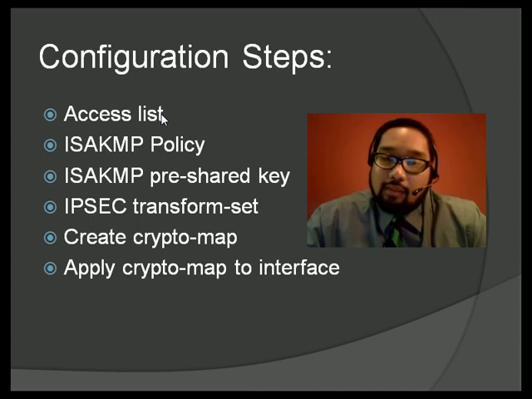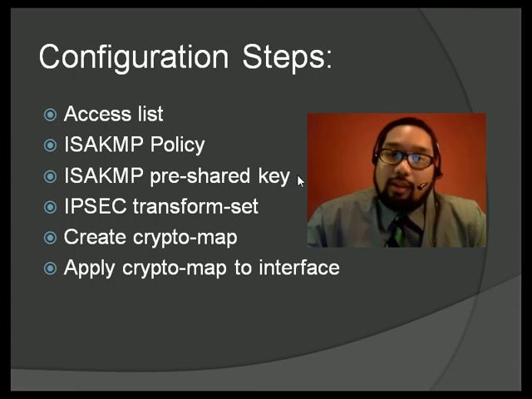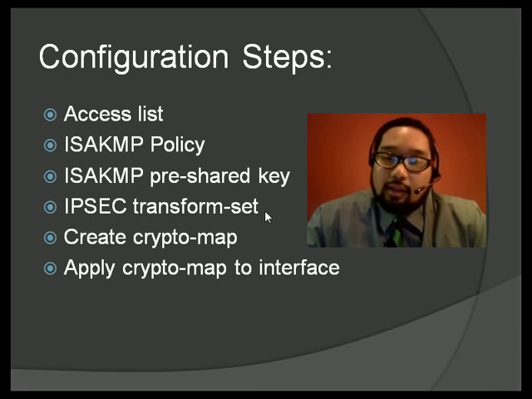Then the ISAKMP pre-shared key. Remember, the pre-shared key was the password champions, and then you define also the peer address of the router on the opposite end of this tunnel. Next is the IPsec transform set. You remember, it was the triple DES esp-sha-hmac encryption,